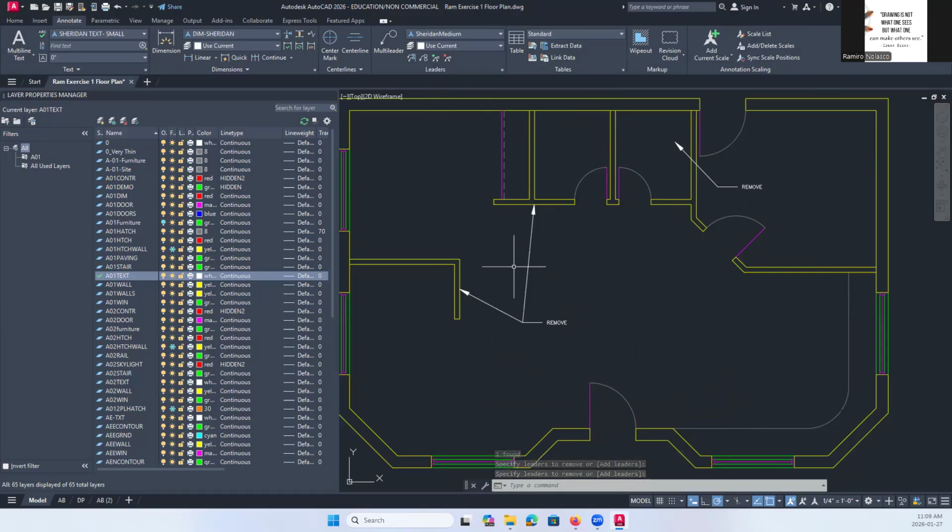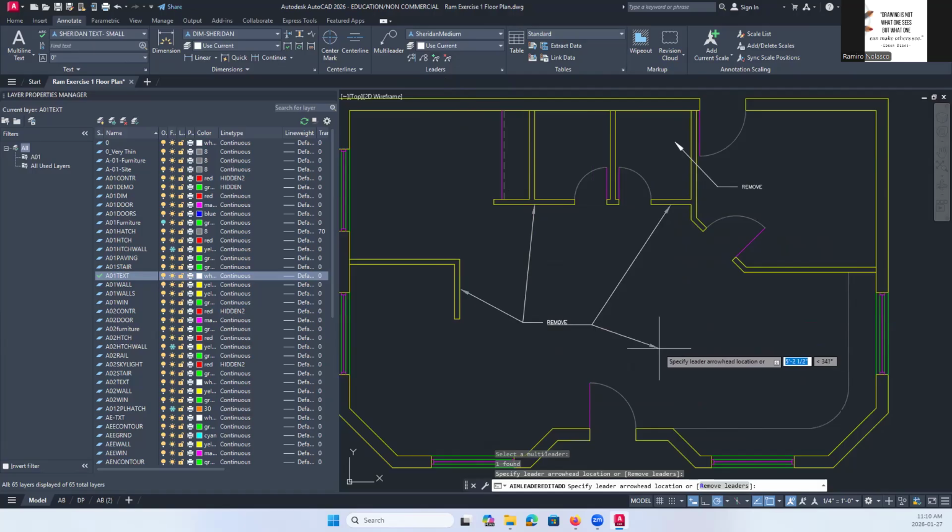Again, because we're removing several of the walls, you might want to click add leader, select the leader, and then point to the wall that will also be demolished.